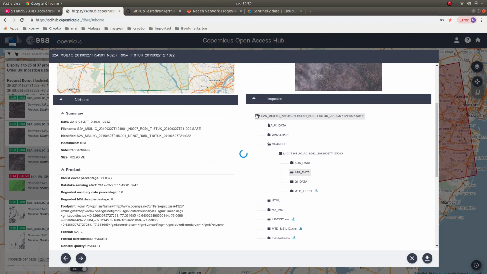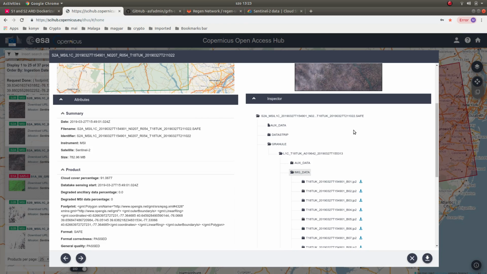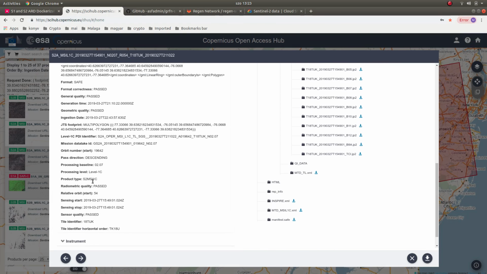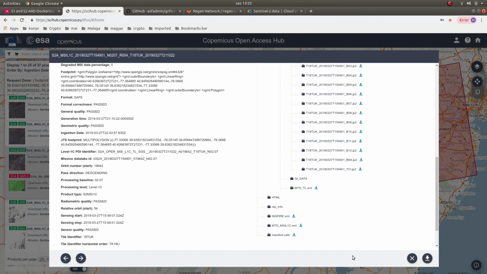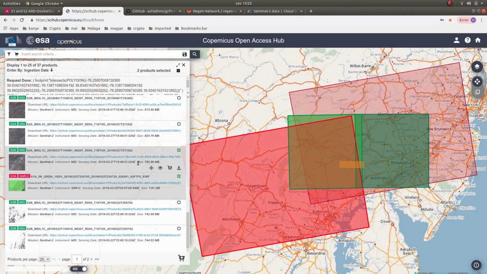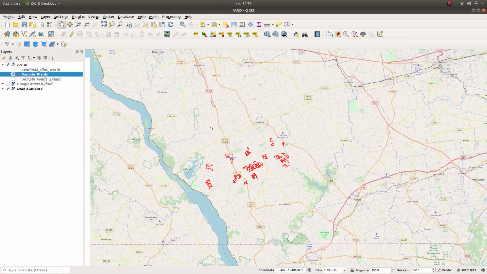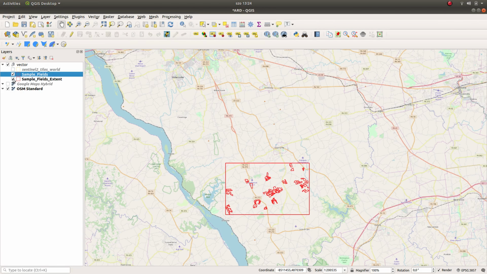where we download the product. This is the whole shebang which gets downloaded in a zip format. And you can see here that the size of this is 800 megabytes. The size of this is around 1.6 gigabytes. So these are the kind of data products which we're interested in having, where we use